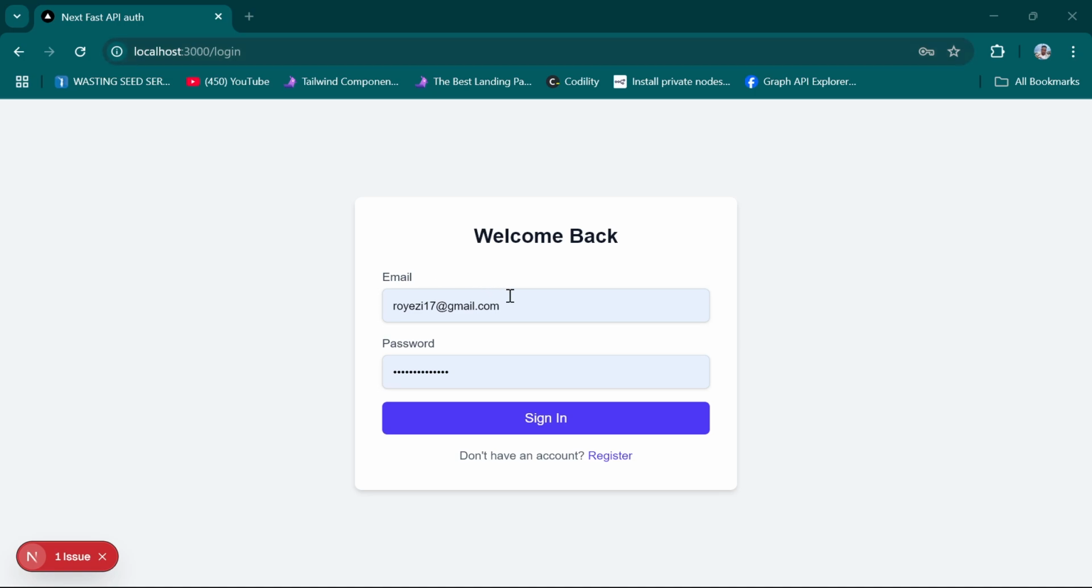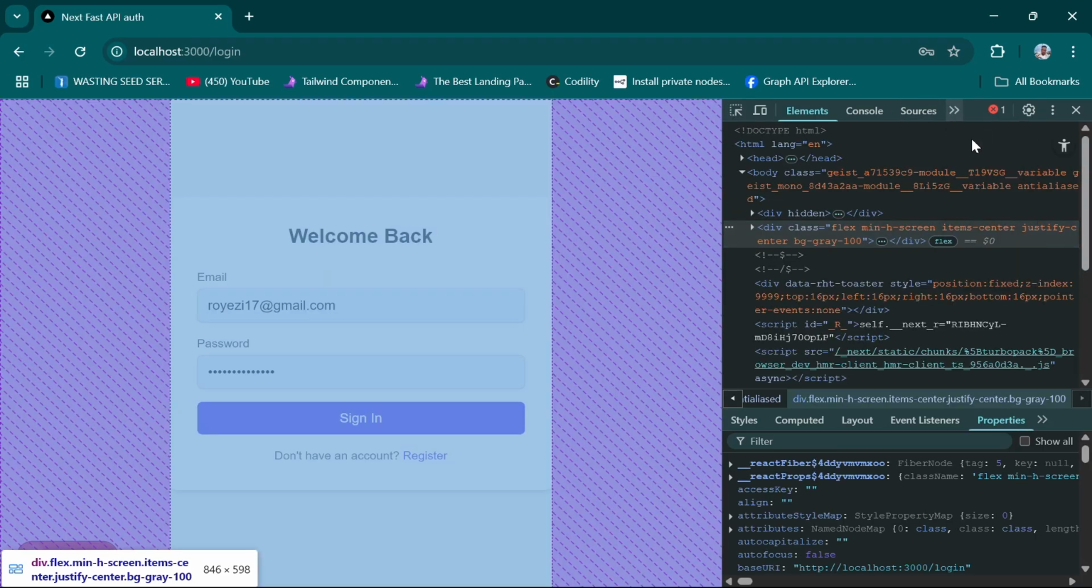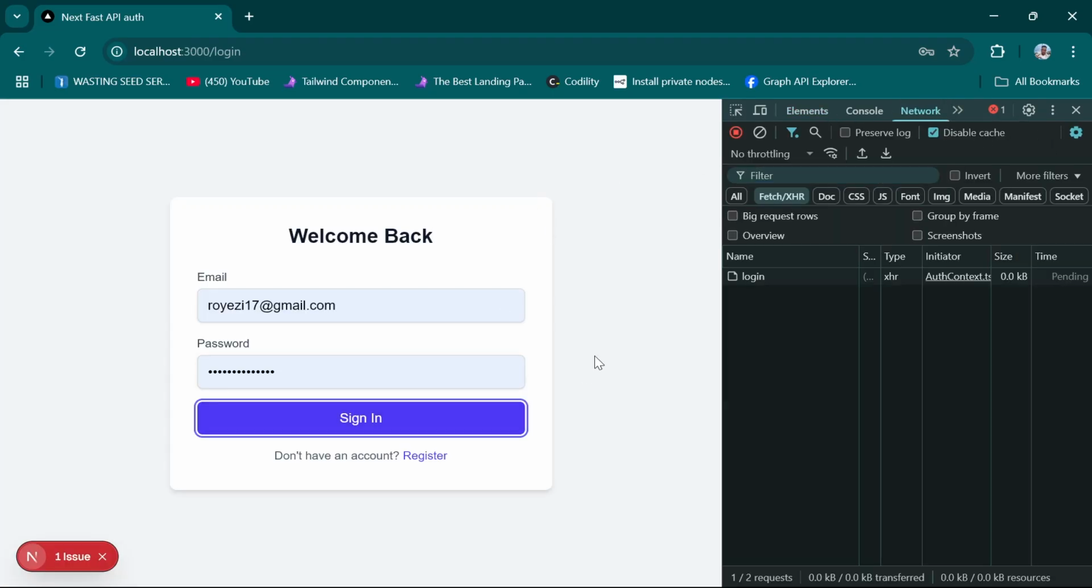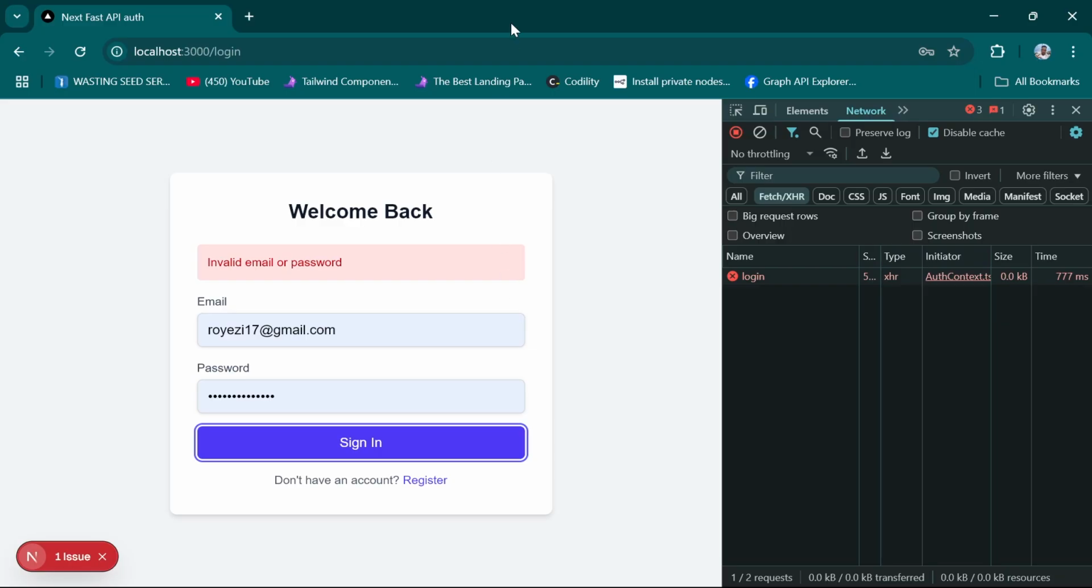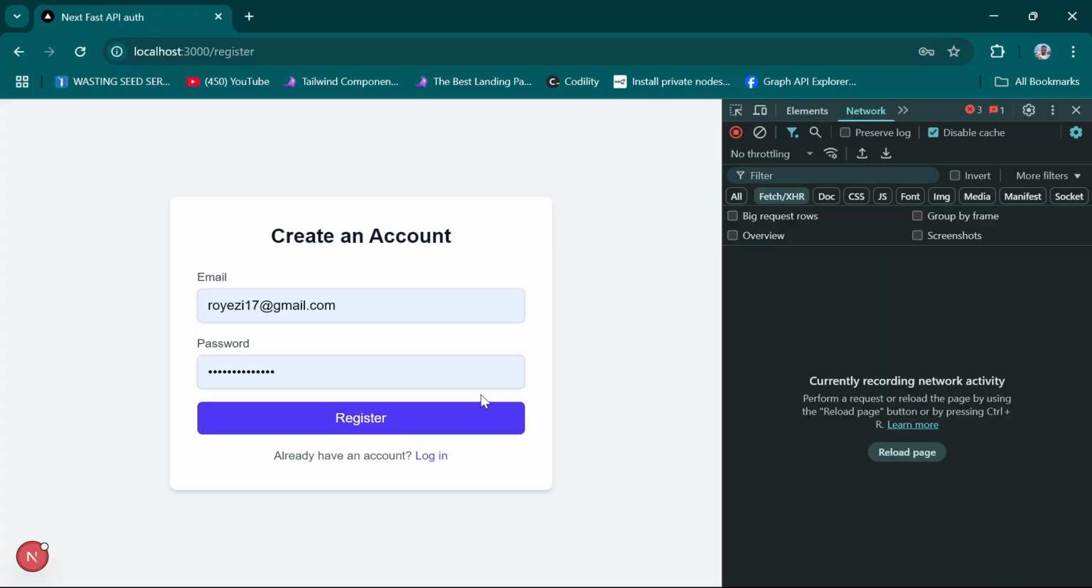And so when I now create my user, I'm going to open the inspect window and have the network tab open. Now, when I log in my user, you see, okay, this is the login page. When I try to log in a user, I get the invalid email or password, because this is the login page. So I have to go to the register page. Now when I register a user,